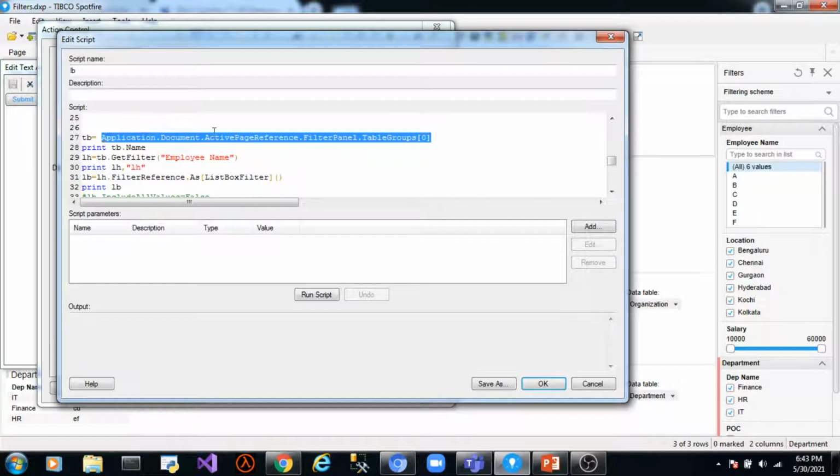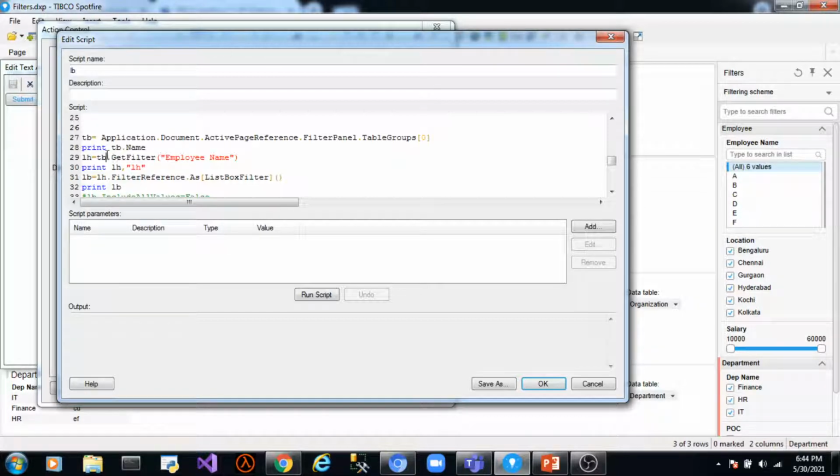Now we got an instance of this table group employee and we stored it in a variable t. Now to get any particular filter, as I showed, we can use the getFilter method, and the parameter or argument that it takes is a string type, which is nothing but the name of the filter.